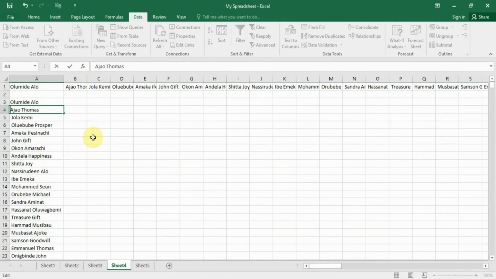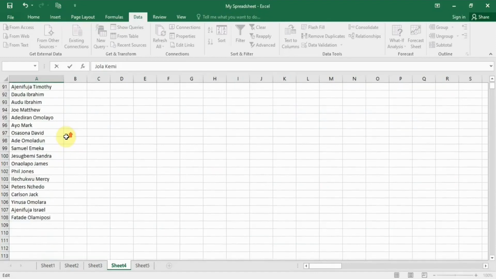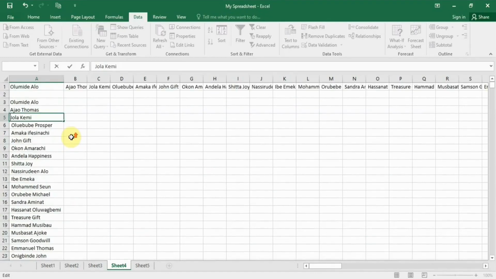remove all these spaces. So if we just click on them one by one, and we just remove all those spaces before the names. But now imagine we need to do this for hundreds or thousands of names. Imagine the kind of time we will take. But instead of doing it manually,